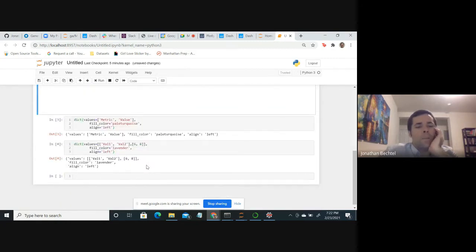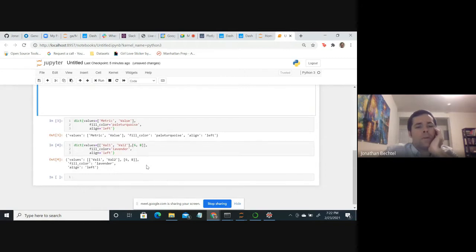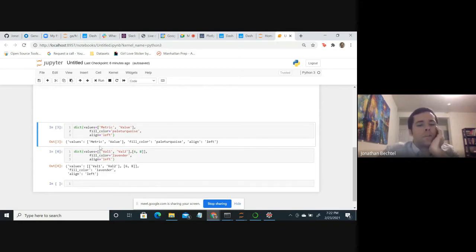What's probably useful to pay attention to: these things are just stylistic. You could remove them and everything would work just the same way. It wouldn't really matter too much. Ditto here for the fill color and the alignment. In some ways, you don't have to care about that too much. What's probably useful here, though, is